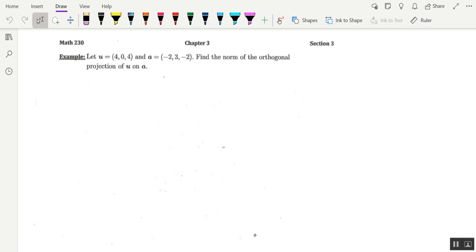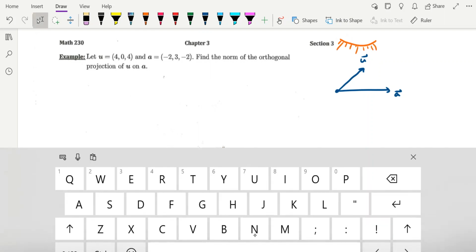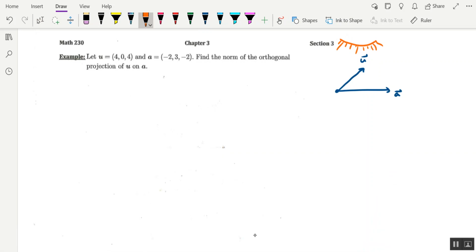Let's keep in mind what this concept is. I'm going to have a vector A pointing directly to the right, A, in honor of the Fonz, and I'm going to connect a vector U to it. And let's imagine we have the non-Teletubbies version of the sun pointing directly above these two vectors. What should happen in the real world is that the sun should cast a shadow of U onto A,